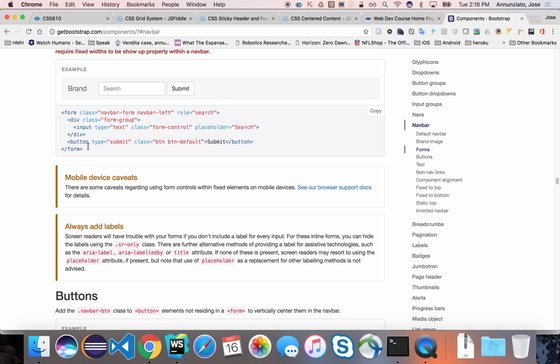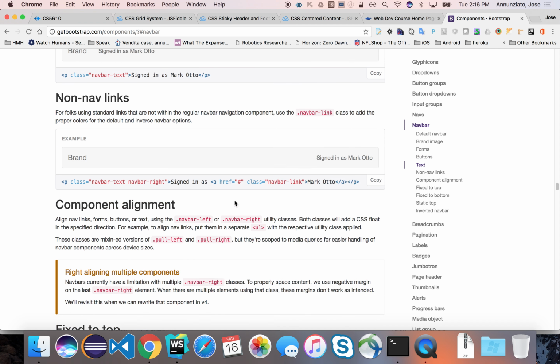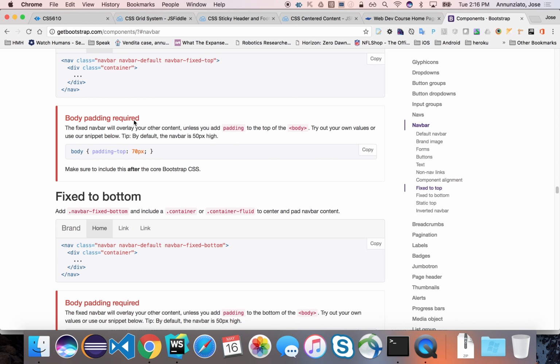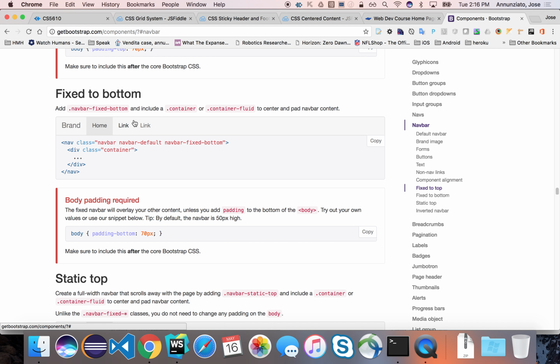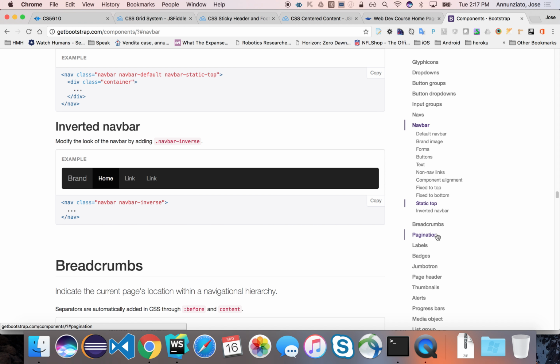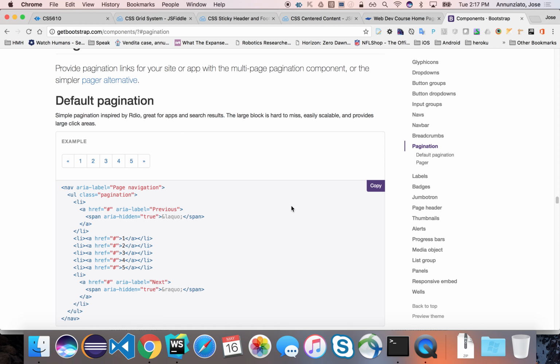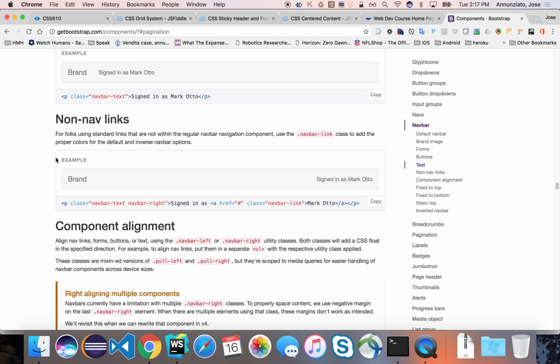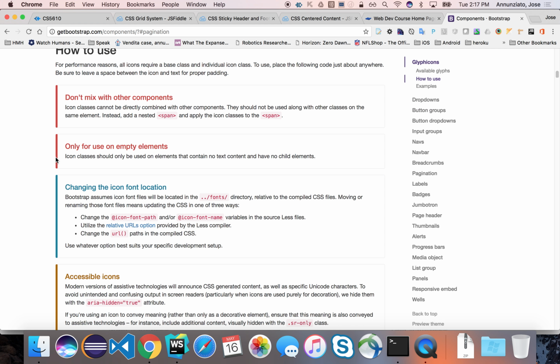And then also nav bars that can be stuck to the top or stuck to the bottom. You can fix them to the top or the bottom, which we already saw how to do, right? Ourselves using fixed. But instead of doing it ourselves, let's use their code that has been thoroughly QA'd. Pagination, you have all sorts of buttons out there, but what it's hugely famous for, these grid systems, is for